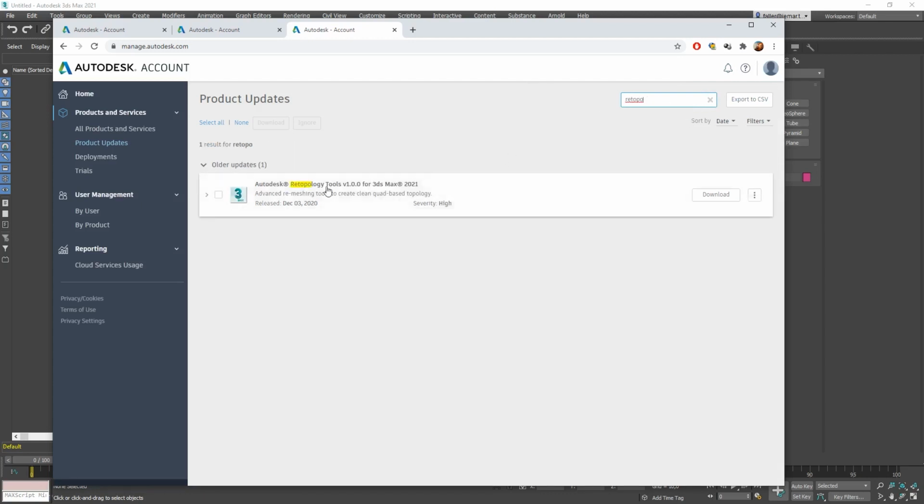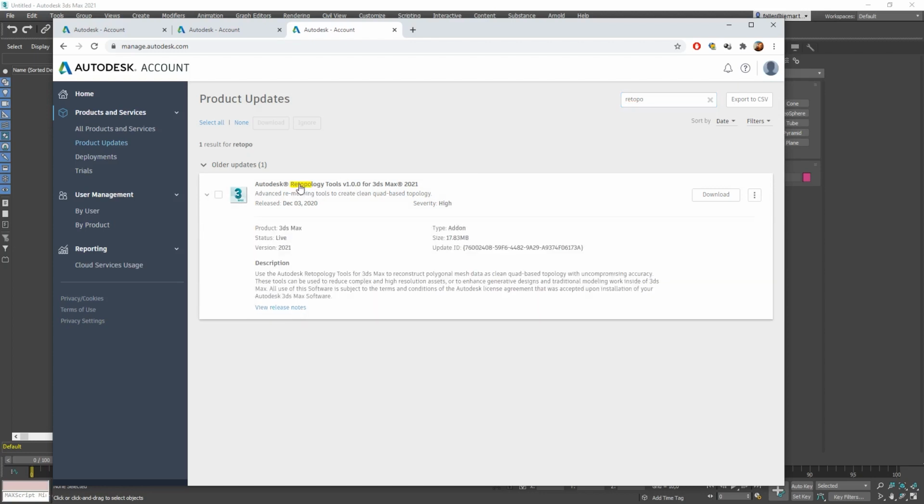Retopology, and when you click it, you see here's the Autodesk Retopology tools. It has been added, I don't know when, probably the end of last year. Here it says released December the 3rd, 2020. So this was when the tool was released. So I guess in the next full version it will be included because it's a really nice modifier that they have added. And I'm going to show you how you can use it for